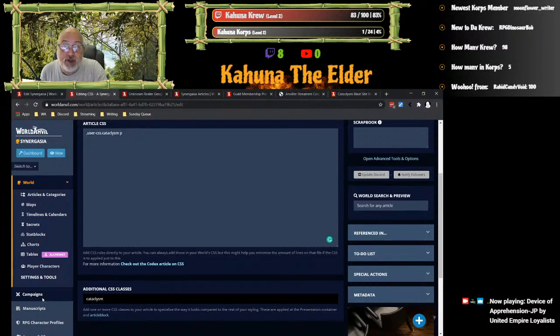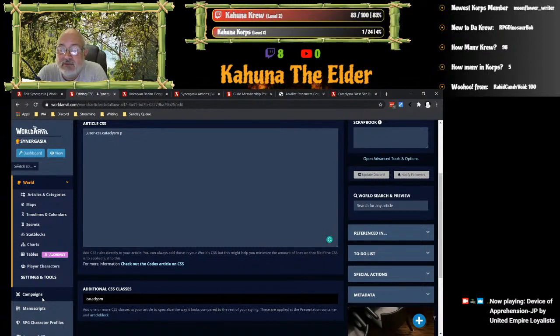If you forgot to put your class in there, for example, for Rabid Candy Voids, theirs is Faceted Realm, so their class is faceted. If they forget to put faceted into this additional CSS classes, it'll just show up like the rest of Synergasia, because it won't know the extra stuff is there. It'll ignore it because it doesn't see anything classed that way. But if he puts faceted there, it immediately will change it.